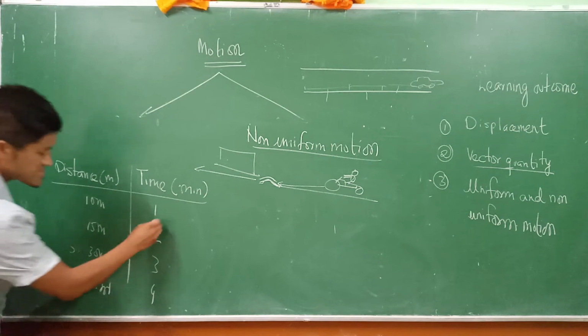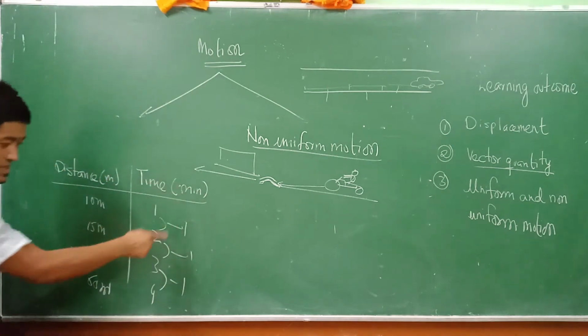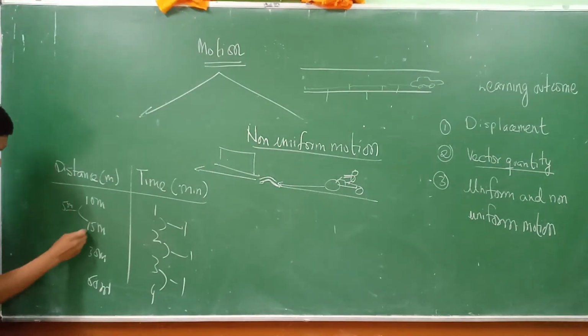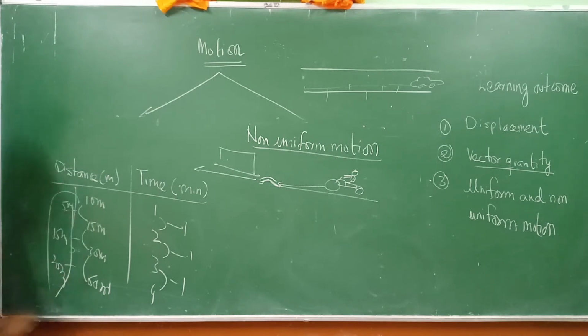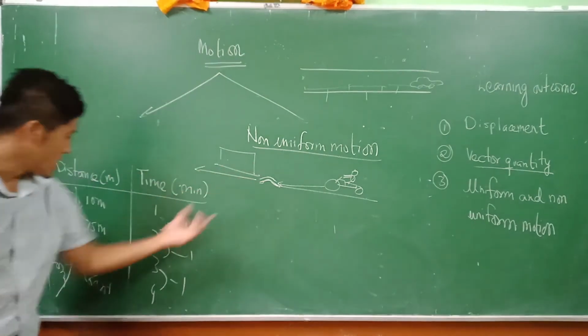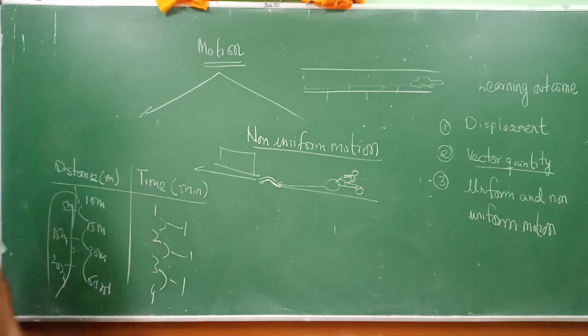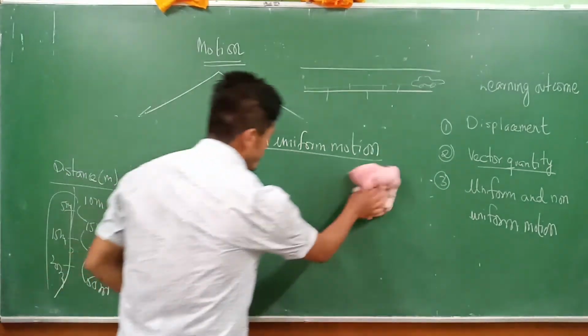Now here, there is an equal interval, 1, 1, 1. That is 1 minute each. But over here, there is 5 meter, and over here, there is 15 meter, and over here, there is 20 meter. Now, this is not the same. So, when an object covers unequal distance in equal intervals of time, we call this non-uniform motion. Suppose I draw the graph on top here,